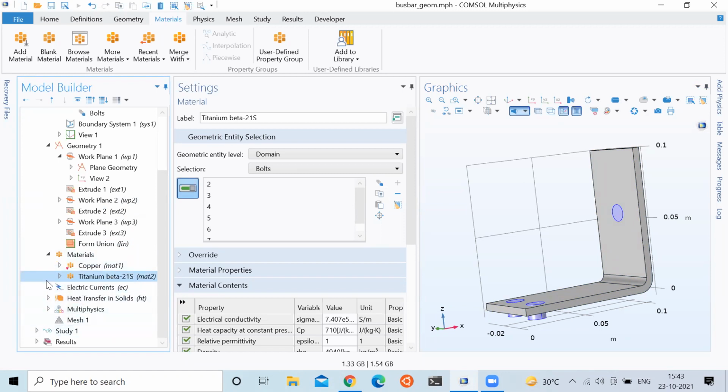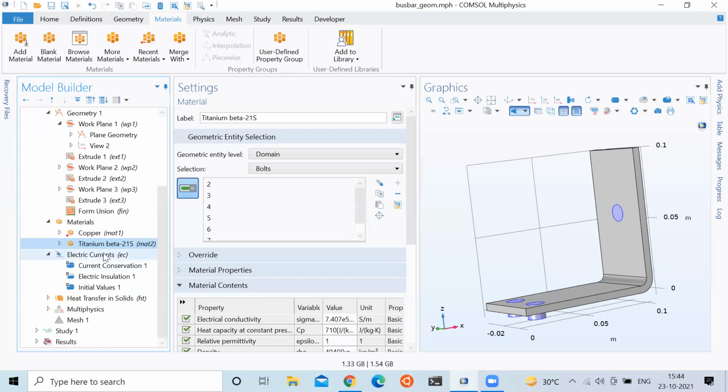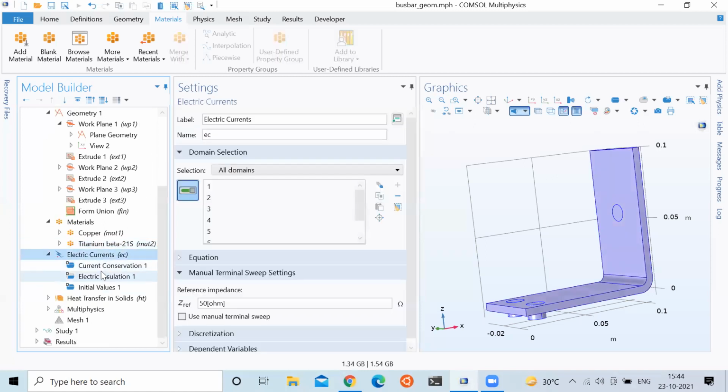Okay. So now, in the order, after materials, the next one is to specify the physics. In the physics, there are some default nodes like current conservation, electric insulation, initial values. These nodes are default and we just can't delete them. They are there by default. But there are certain boundary conditions or constraints that we have to provide to COMSOL externally, and that varies according to our problem. So that is the next step, to add the physics